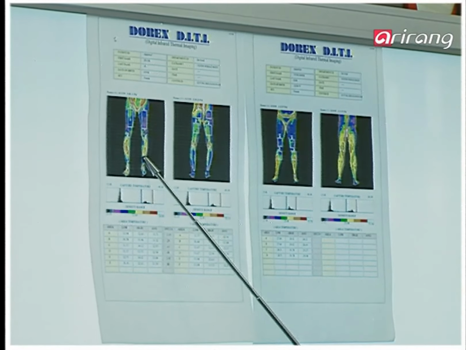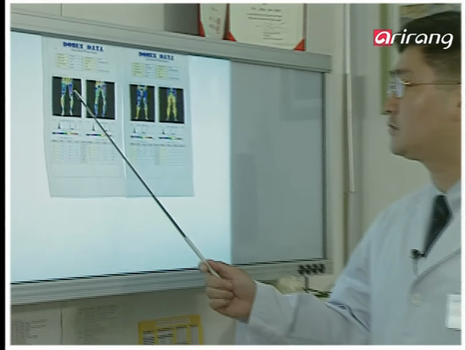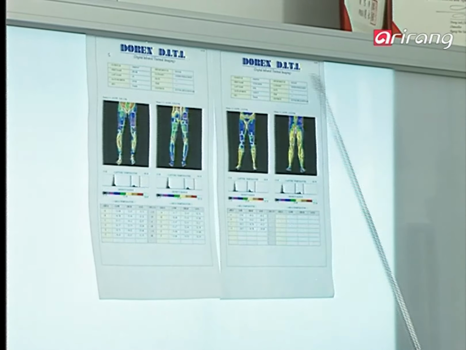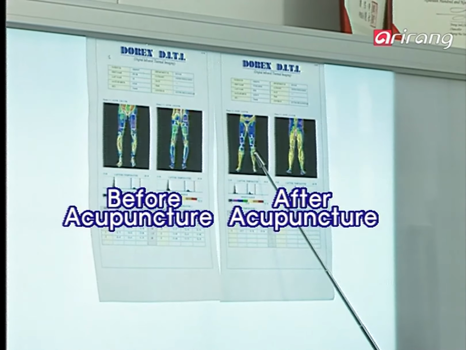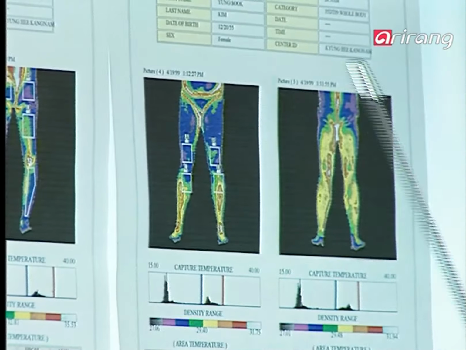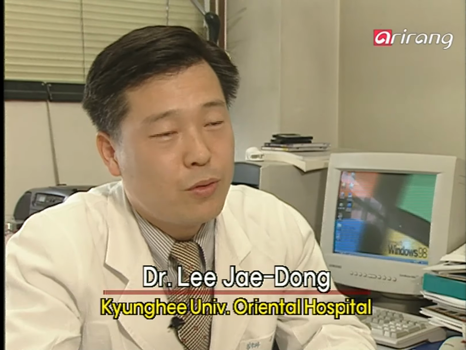This bluish region in the first picture indicates low temperature because of insufficient circulation of qi and blood around the hip joint. After the acupuncture treatment, DITI analysis shows even distribution of the temperature on both sides. Acupuncture anesthesia has many beneficial merits, but it